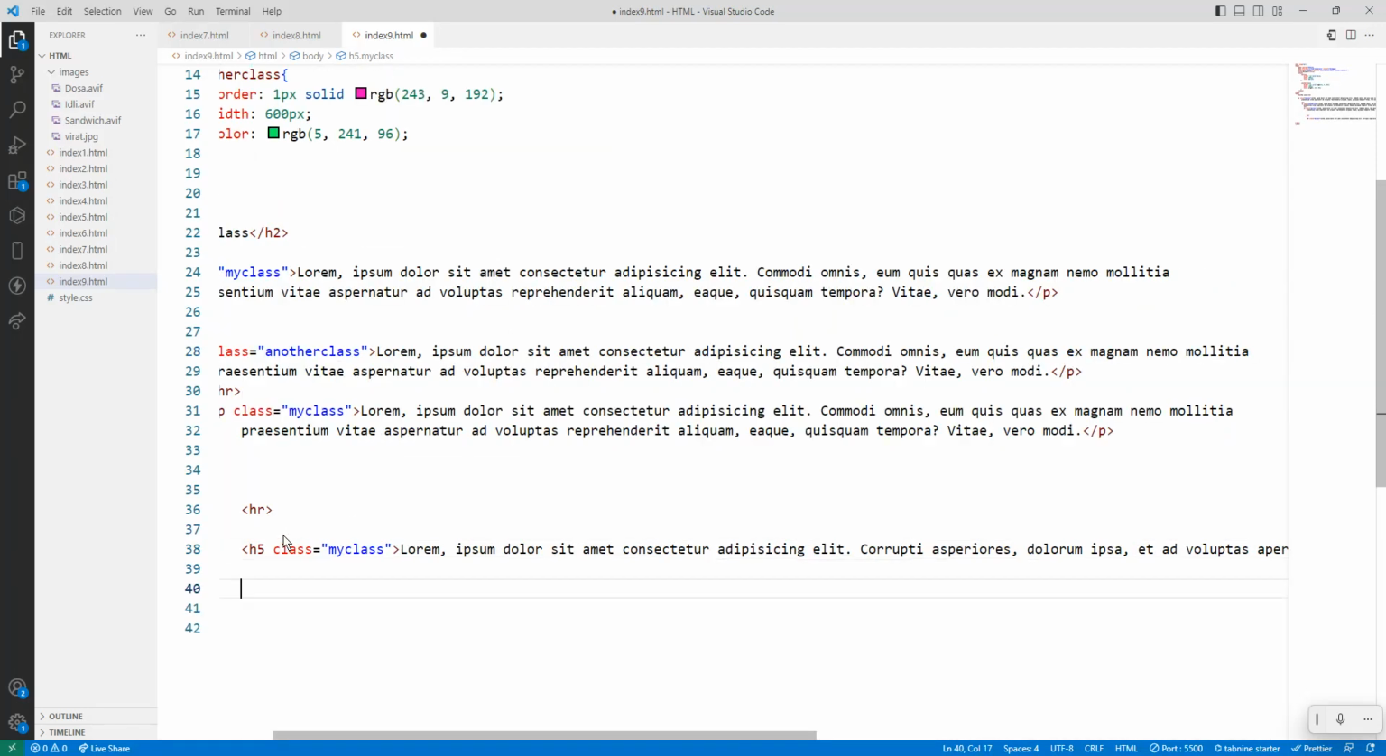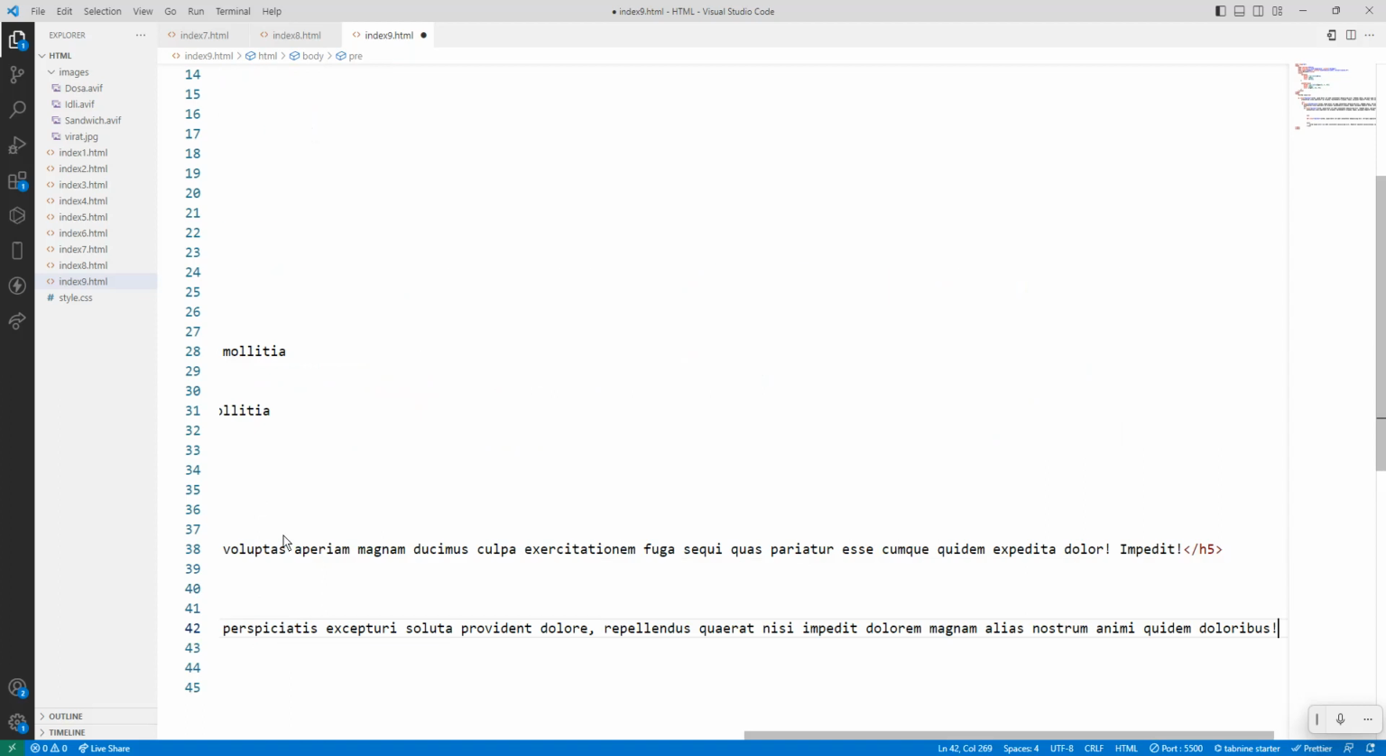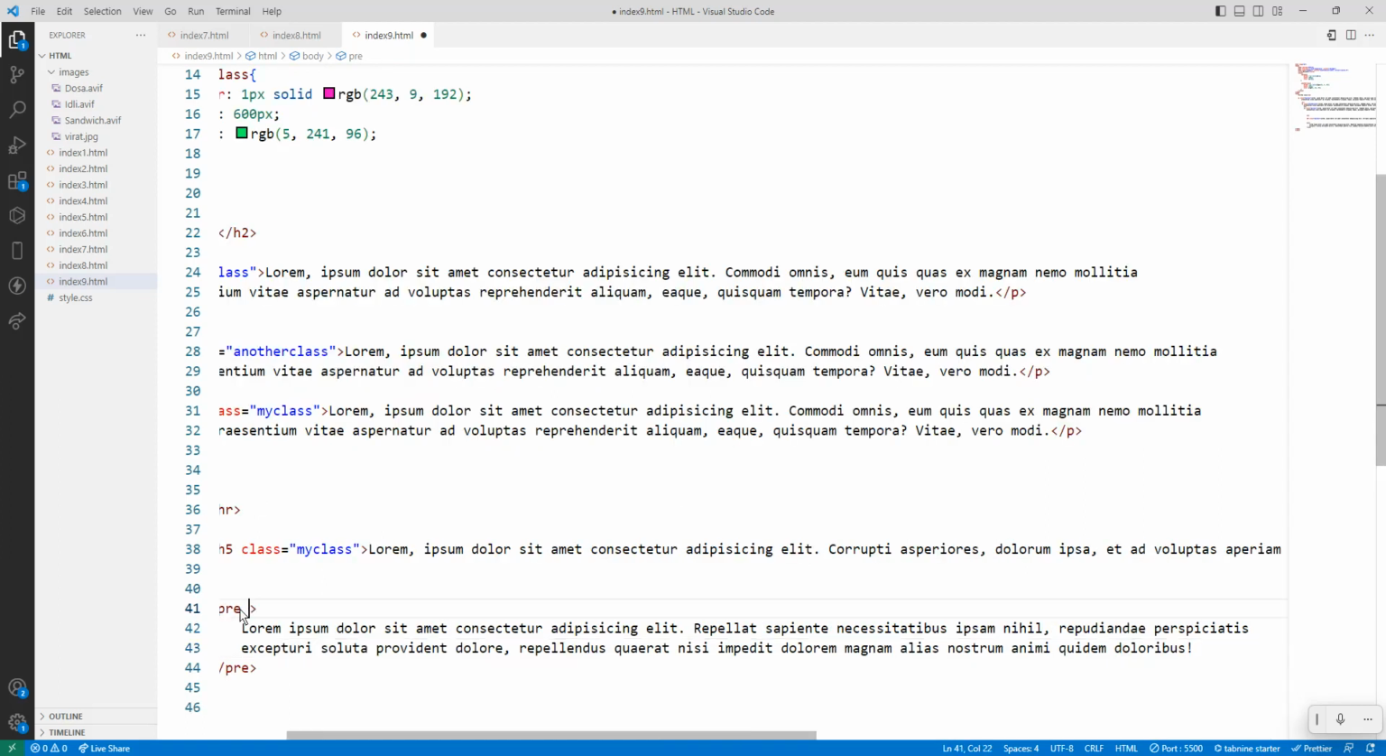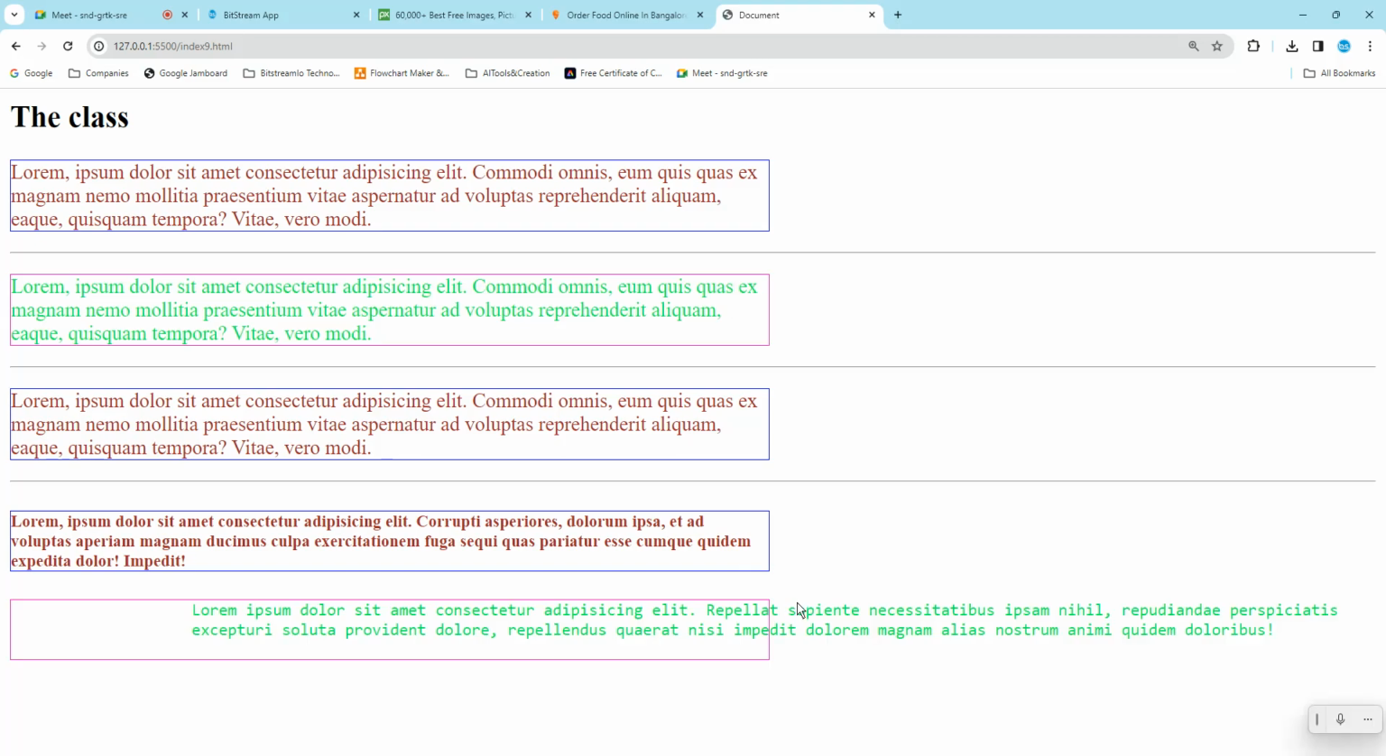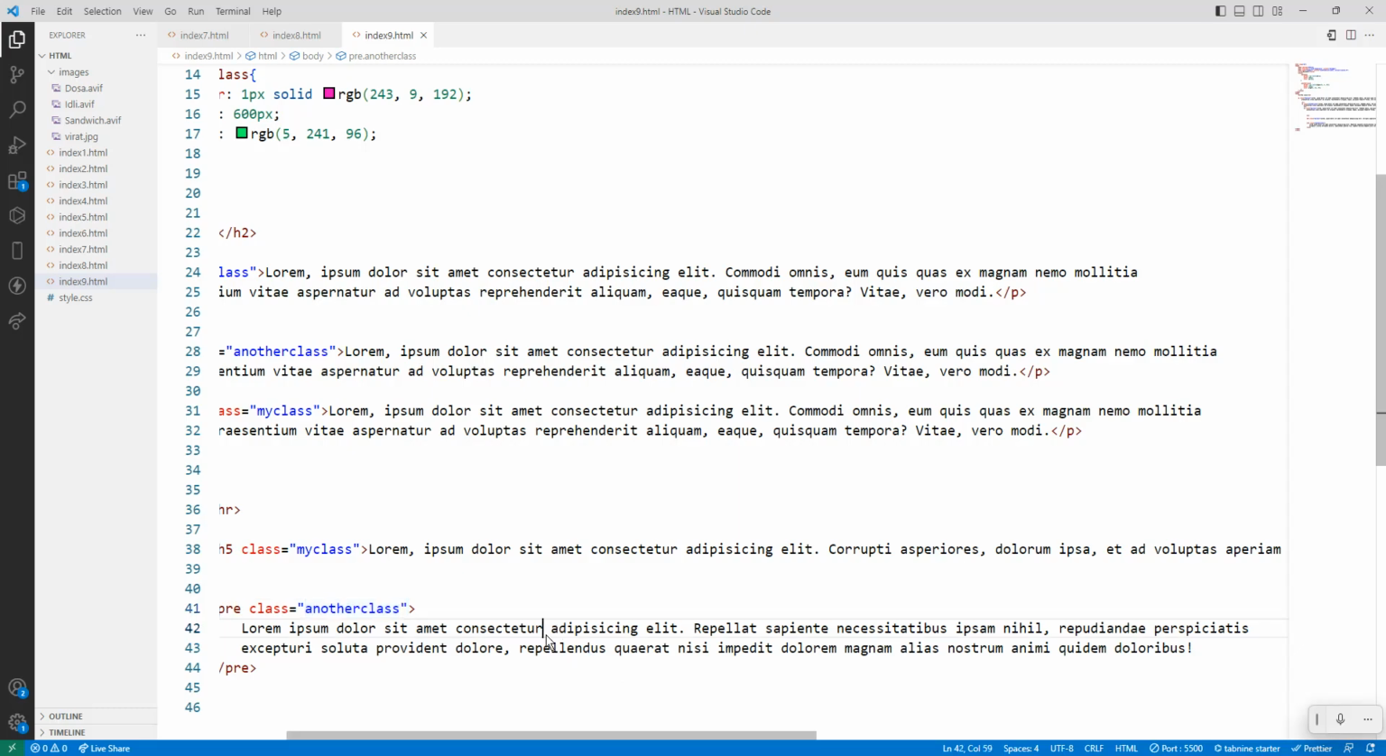One more, like what is that one? Pre-tag. Okay, pre-tag is there. Then I have a dummy text. Then I will add the class name, another class. Control S, and it will go here. See here. Why the pre-tag is behaving like this? Because it will take the text as it is. That's why it is showing like this. So if you want to break into lines,